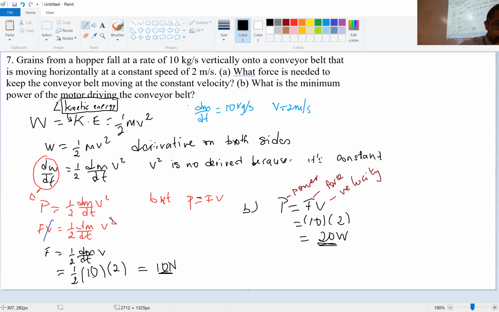Yeah, but you know from the problem that the velocity is constant. So the only thing that is changing is the mass. It tells you over there, over the time. That's why you apply the derivative. Actually, hang on. That looks confusing. Let me write. And if you want,